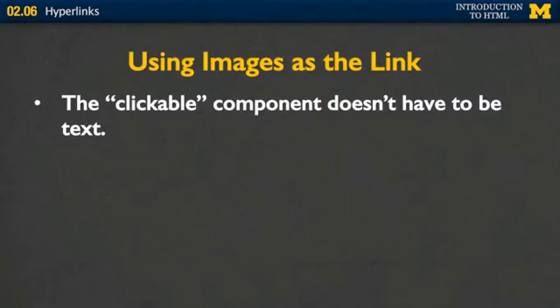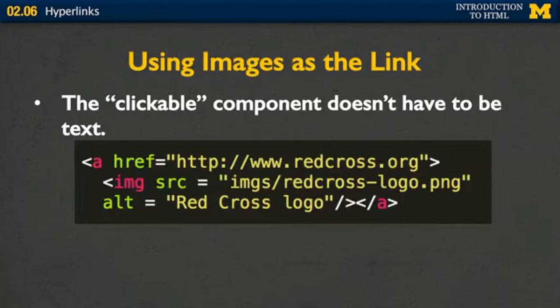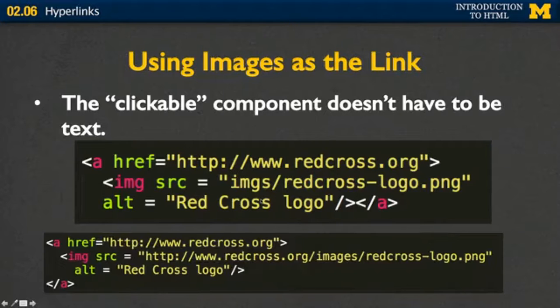All right? One of the other things you can do is you can use images as the link. So the clickable component doesn't have to be text, and you've seen this a lot. It can be icons, images, different things along that line. In this case, I went in and I used the regular href, and what we're changing now is not the href, but the content that goes between the opening and closing tag. And I've gone ahead and I've put in an image instead. Make sure that you use the alt text to go along with that image. In another case, I've done something very similar. The only difference is, instead of using a local reference right here for the image, I've used an absolute reference. I've put in the entire URL.